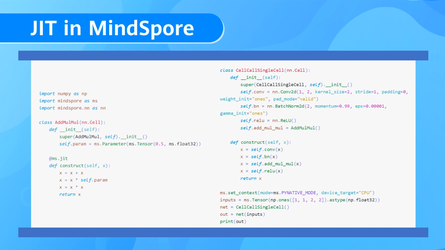When these unsupported syntaxes are detected, they automatically fall back to the Python interpreter for interpreted execution. Fantastic! This way, I can harness the performance advantages of static graphs and the flexibility of dynamic graphs simultaneously.